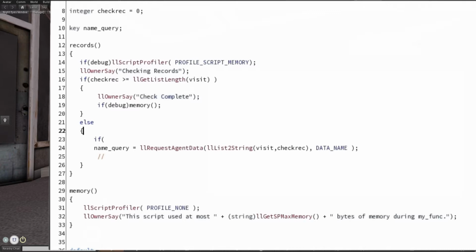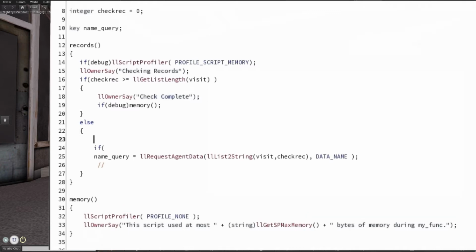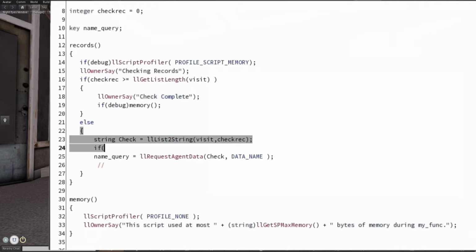Alright. Sorry, I was just reviewing how I had that running. The easiest way to do that is going to be to create a string check equals this piece of code where we pull the specific key for the visitor based on which record we're checking, because we're going to use this in a few different places now, so it's easier to just establish it as a variable inside the confines of this statement. So if,